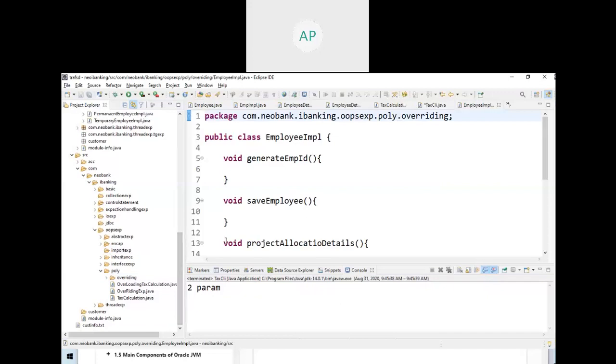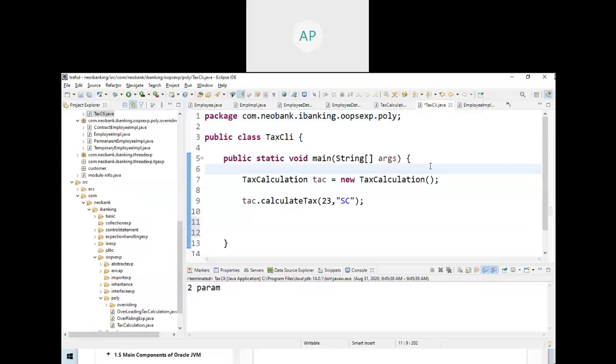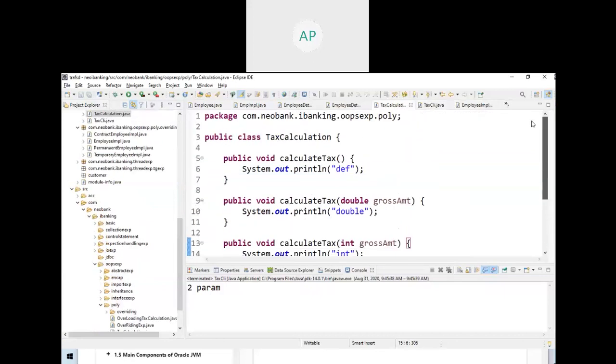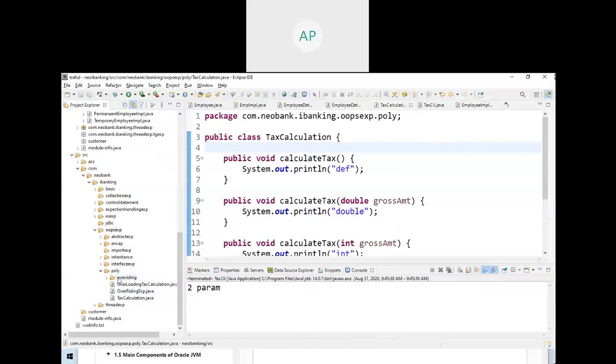We can even go with some other example or with the existing one. So you understand one concept called overloading. This is the code and this is the logic. Another thing is when you create an object, say for example, create an object for the employee client, employee detail.